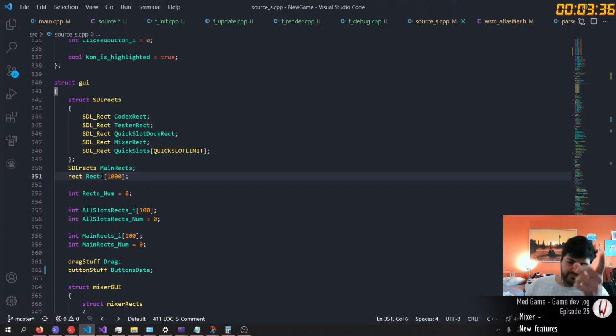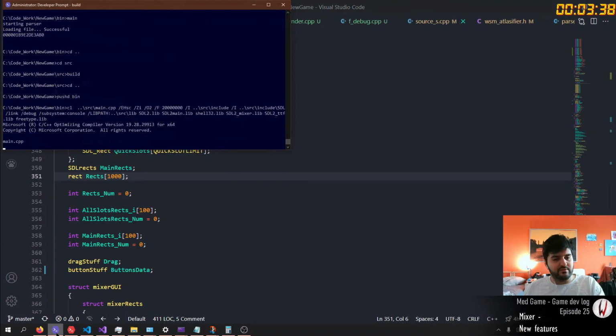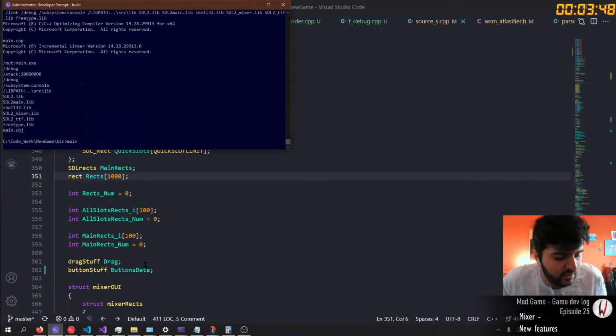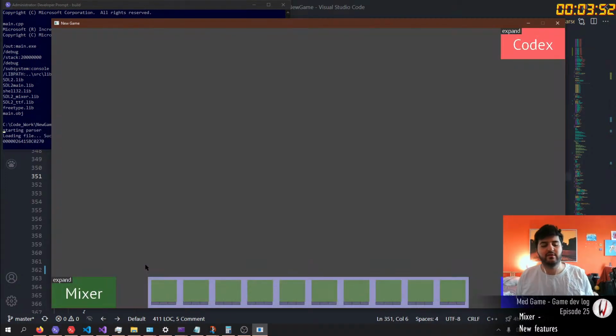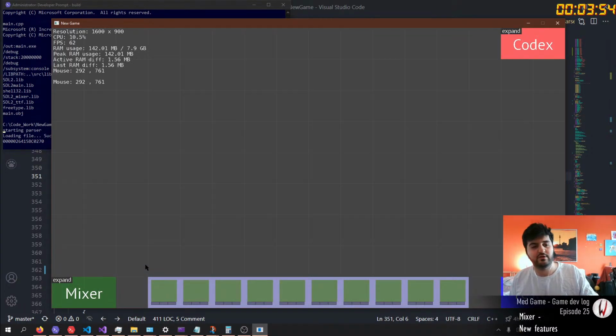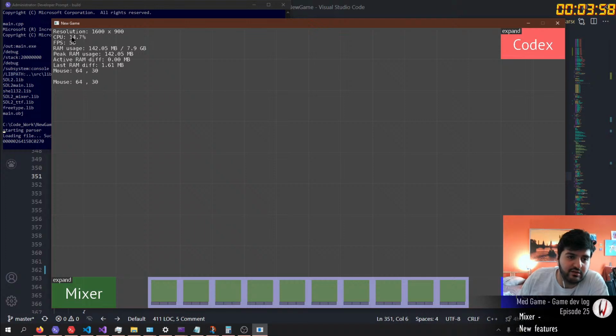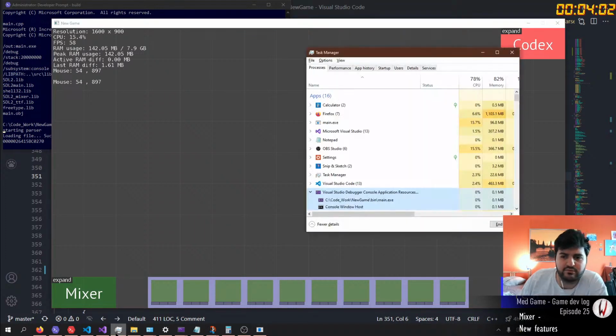Okay, so first let me show you that this one works now. Oh, and before I do that, I also made a very simple debug information viewer, which had a very small nifty piece of code that I had to write. There's a lot of copy pasting, but now I have F1, and it shows these things. It shows the resolution, calculates CPU usage, which is why 12.